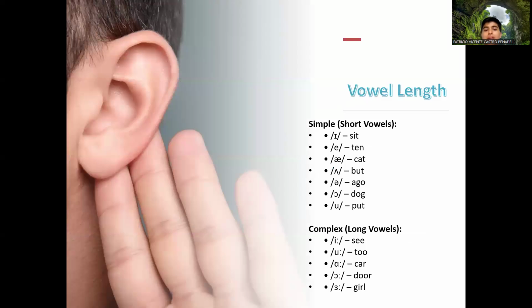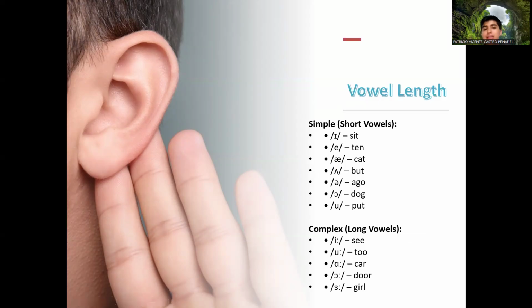In English, vowels can be short or long. Let me show you each one with examples and how to pronounce them. Let's start with short vowels, and let's start with the first one. You can see an example here, and it says